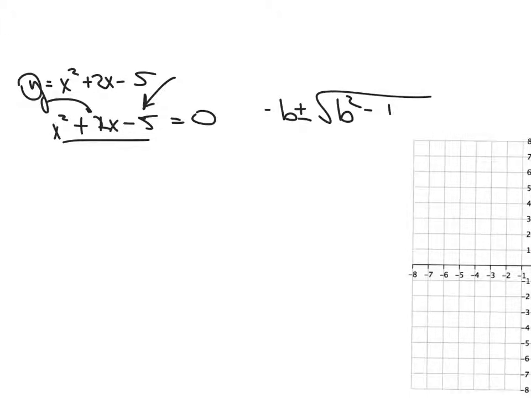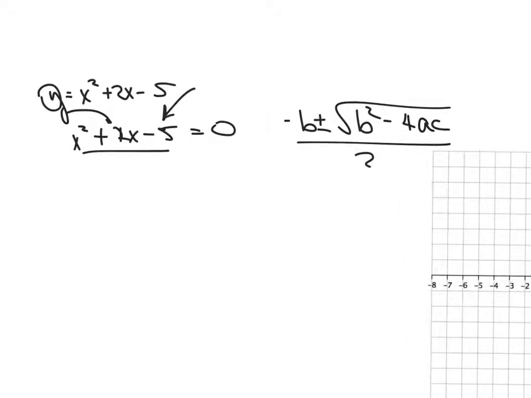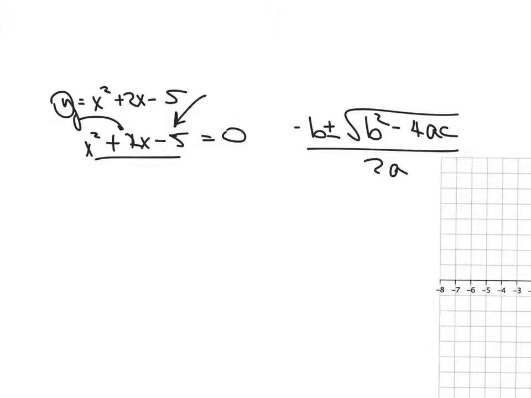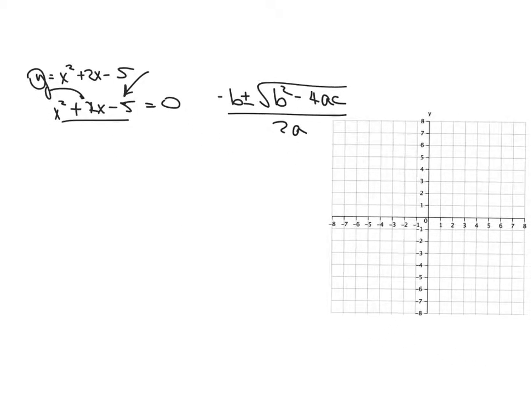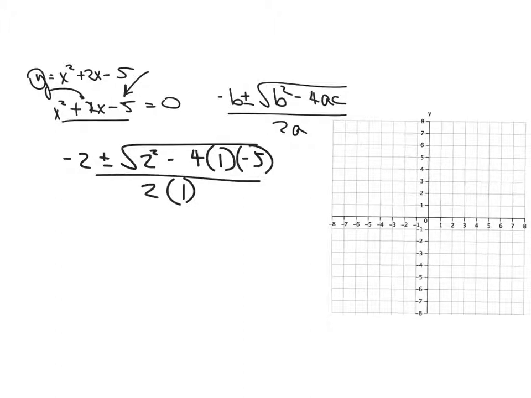If you remember what it is, I'm trying to talk and write it down at the same time. Makes it a little bit harder. And then I get my arm on the screen and it makes it whipper-jawed. Alright, so there we go. So let's say we put a negative b, so that's -2 plus or minus the square root of b squared minus 4 times a times c over 2 times a. Okay, so we solve this. I'm going to assume that you can either look at the book or solve it on your own, and we find out that x equals